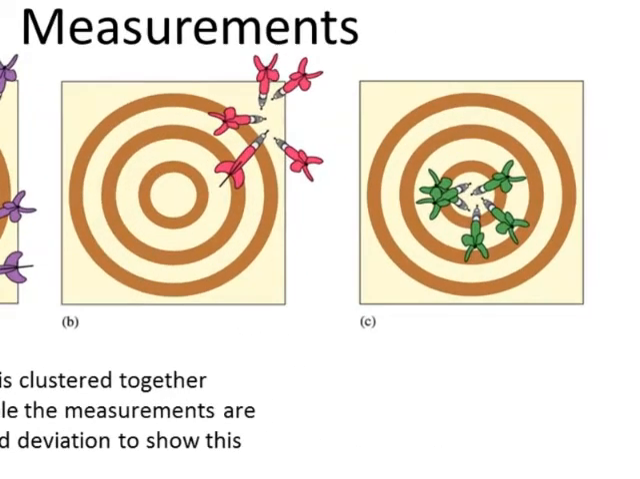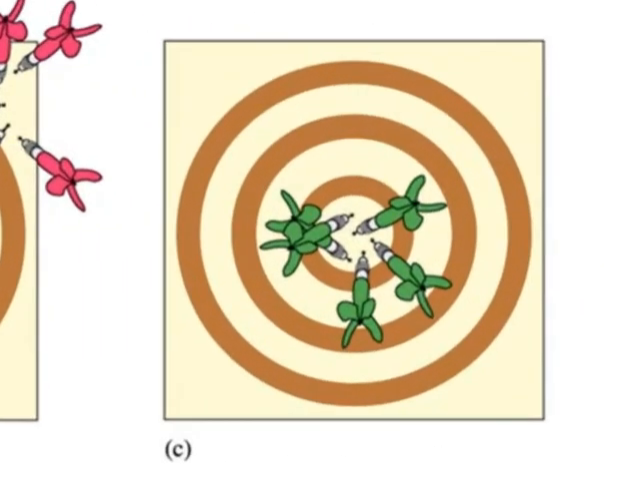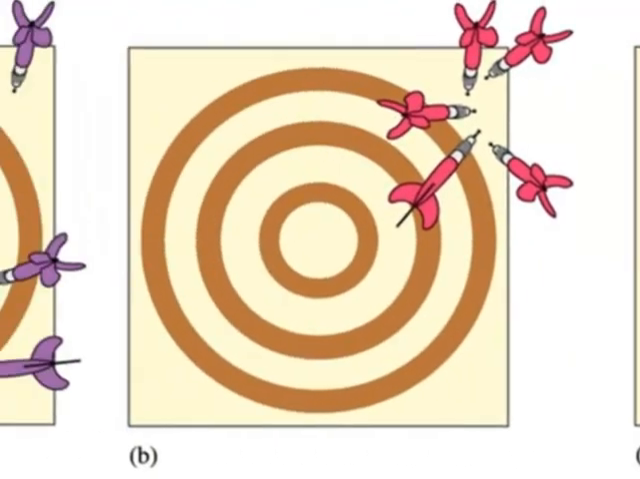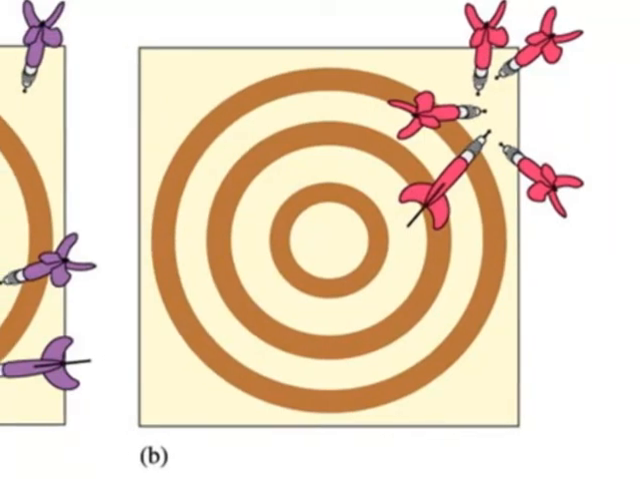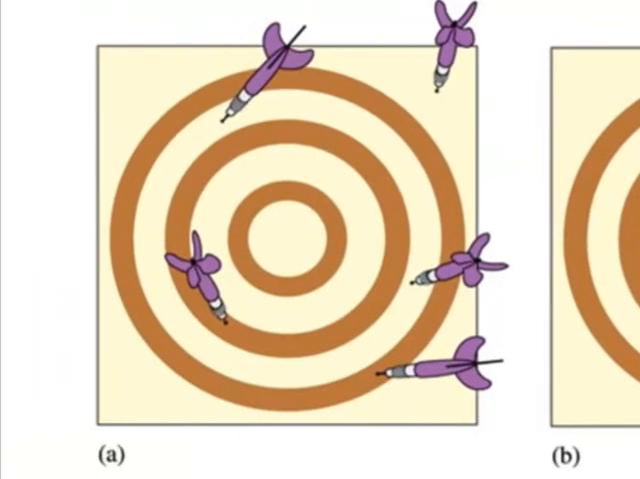then in C, the far right, the darts are all close to the bullseye as well as to each other. So we'd expect them to be both accurate, they're close to the bullseye, and precise, they're close to each other. In B, the middle one, the darts are precise, they're grouped together, but they're inaccurate, they're away from the bullseye. And in A, the one on the left, the darts are imprecise, they're not close to each other,